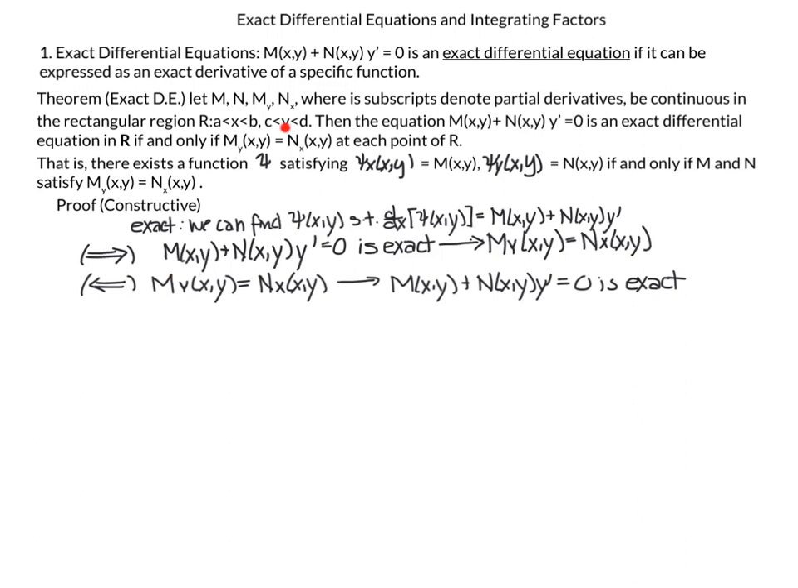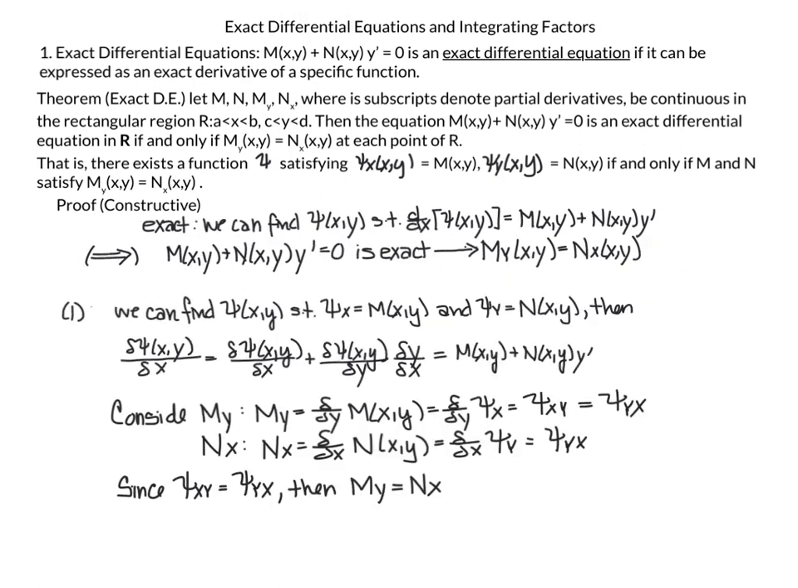The second part is the opposite direction that uses the M_y equals N_x as the hypothesis, and then the opposite way, that will imply that our equation M plus N y prime equals 0 is exact. So there are two parts of this proof. We are going to start with the forward direction. So we're going to assume that the equation is exact. So there is a psi such that psi_x is equal to M and psi_y is equal to N. And then,